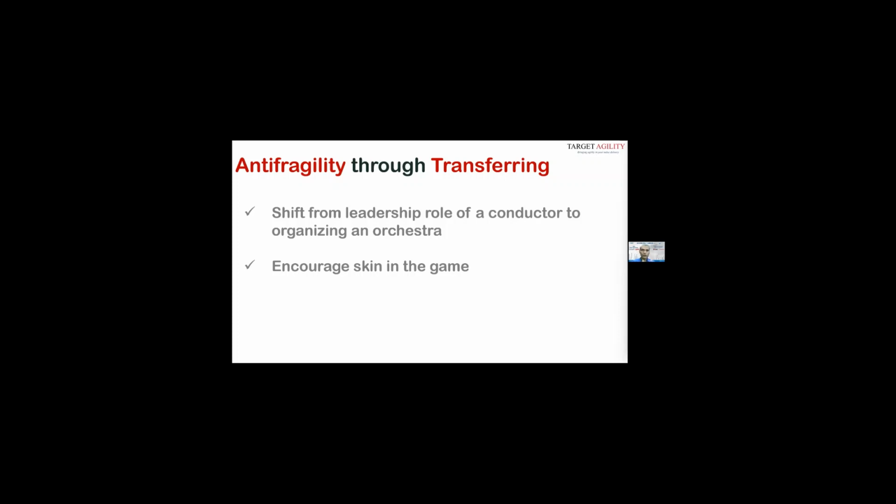And finally, coming to transferring fragility by decentralizing the decision making. I'll just check with people. I'm curious, Paulumi, how much time do I still have? 5 minutes? Okay, I'll be just very quick.